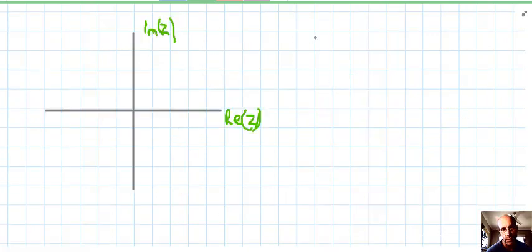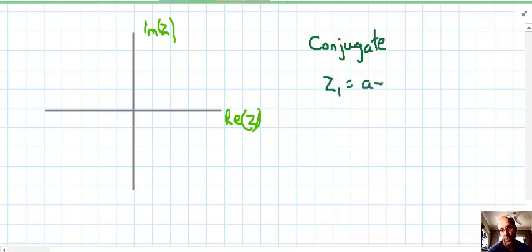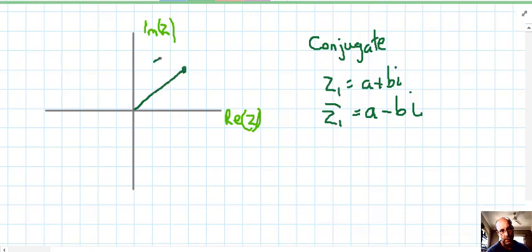Finally, there's a special conjugate property too. So if we have conjugates, generically, if Z1 equals a plus bi, and the conjugate of Z1 is a minus bi, there's a special property on the Argand diagram. They're reflected in the horizontal axis. So that's Z1,